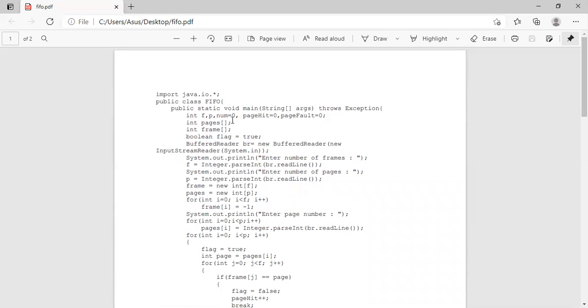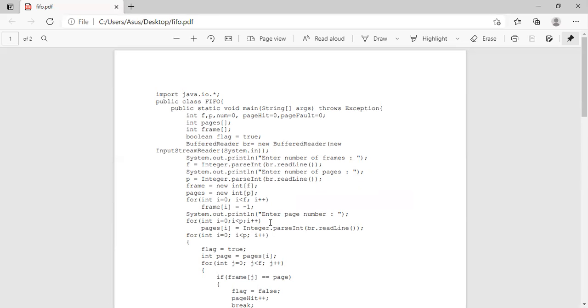So this is a Java file. We have taken the integer page frames as a variable. Scanner reader is there. Now we are asking the user to enter the frames. Through the user we are taking the number of frames and the number of pages, how many pages we have to insert into that particular frame. Initially we have initialized all the frames, frame i equal to -1, because initially if a particular page is not inserted, we initialize that frame as -1.